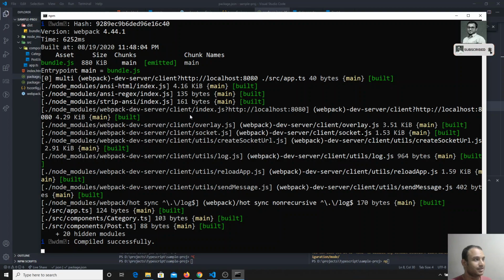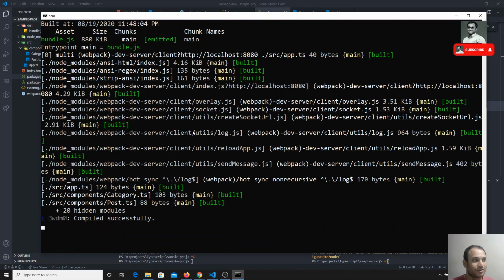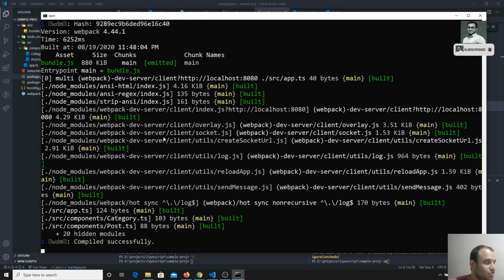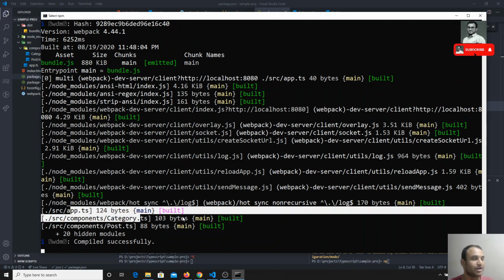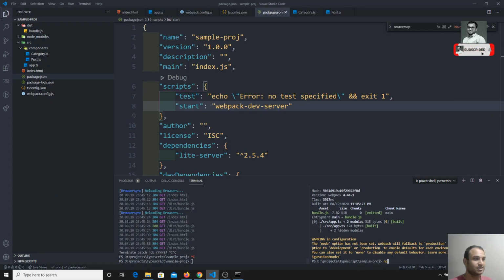So it has compiled. Automatically, Webpack dev server will run the webpack for us. It will compile the code and convert it to the bundle.js. So that is the advantage. There is no need for us to run webpack and the webpack dev server separately. If we run the webpack dev server, it will take care of that webpack configuration file. Now automatically this has been run, right? So there is no need for us to take this one.